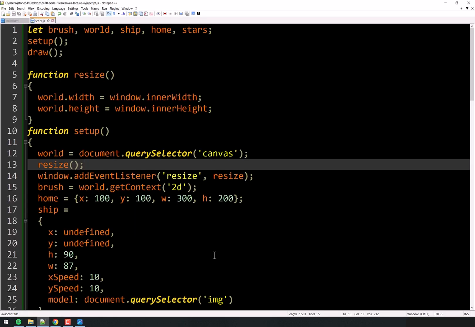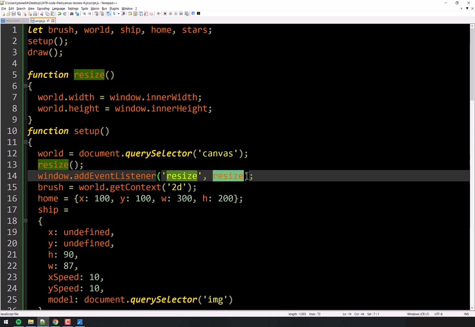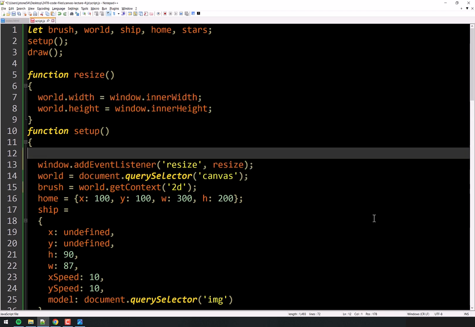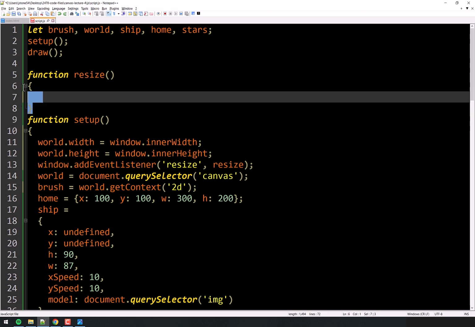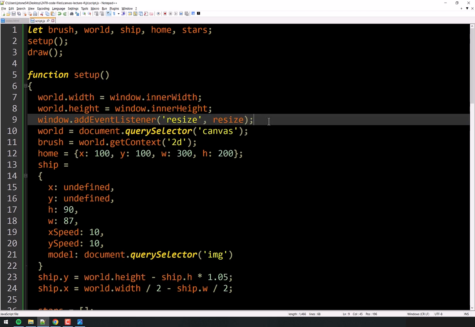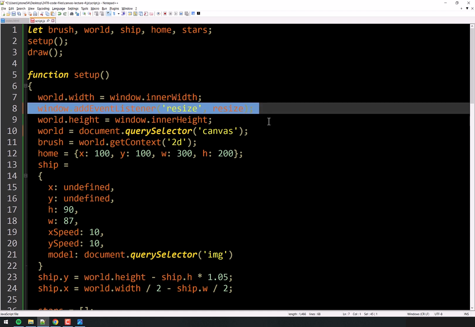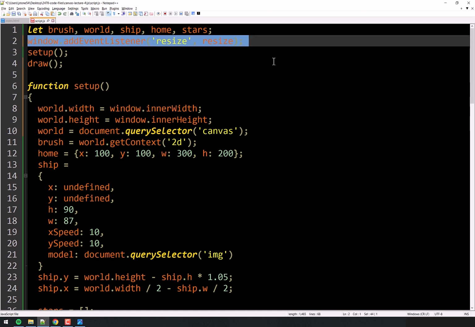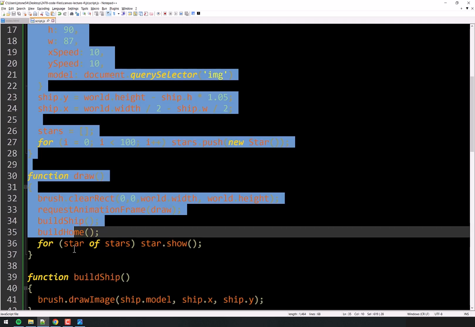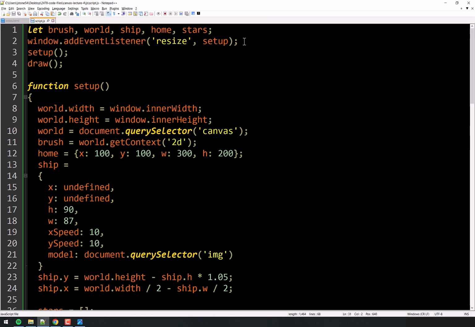So there's lots of ways to handle this, but let's just take it a simple way here. Rather than calling resize here, let's put these guys back where they were. So I'm just going to undo the code a little bit. Right back here, we'll get rid of the resize function. And rather than calling resize, let's do the thing I don't really want to do, which is move it outside, right? Let's just move it up here, okay? And we'll just call the setup function. So now, if they resize the window, all this stuff happens again. All this stuff right here. So let's see if that solves it.